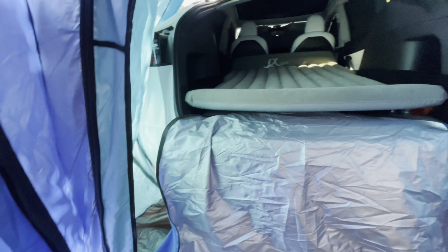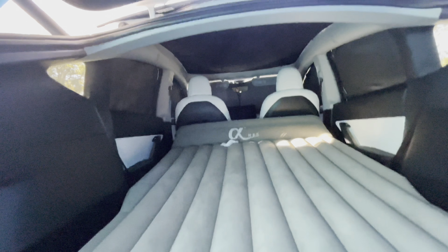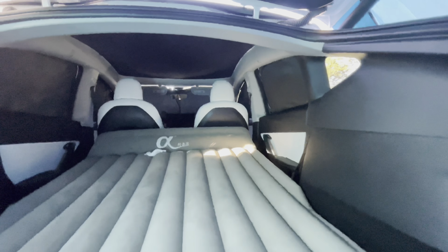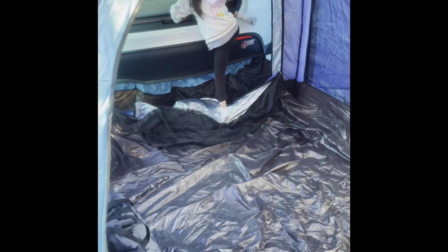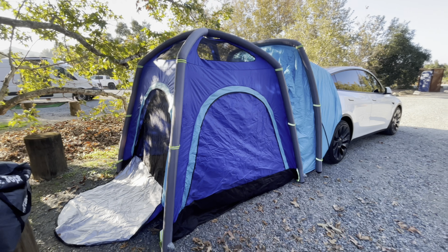And you can actually attach a tent, one of the attachable tents, to a Tesla vehicle and make it into more of a bed with a lounge in the rear tailgate. And the best part is it's very compact and you can fold it away along with an attachable tent, which